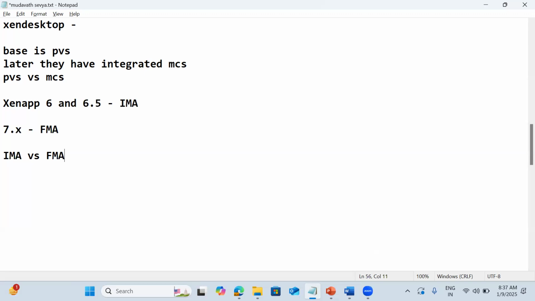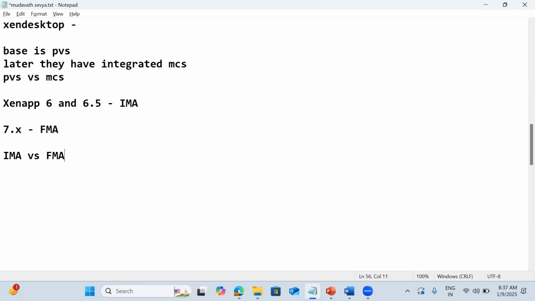IMA stands for Independent Management Architecture. We have it with XenApp 6 and 6.5, but FMA is where XenApp and XenDesktop have both been integrated and unified into a single console. We have a lot of changes between that and 7.x.